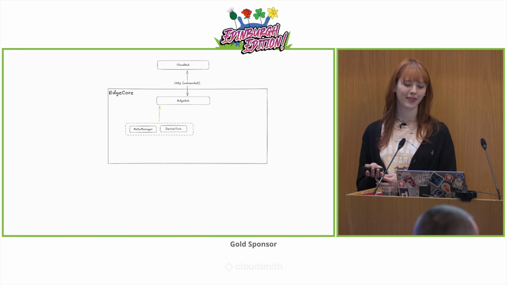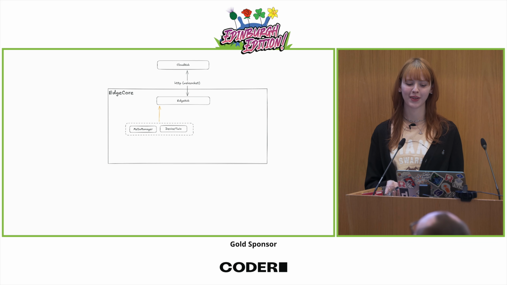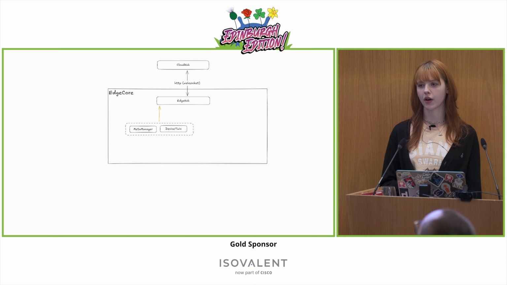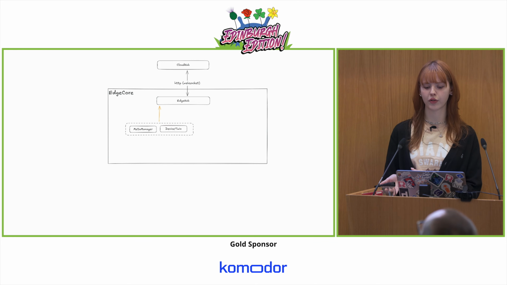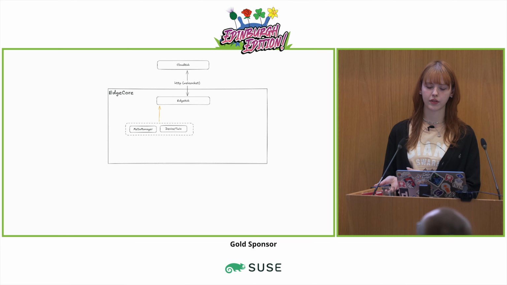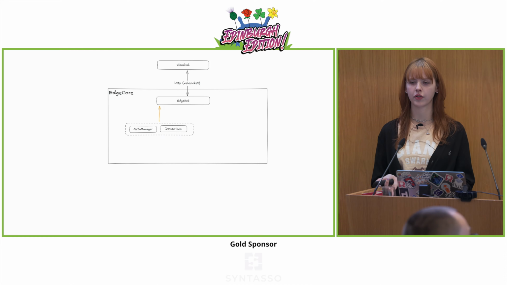And the Edge core also has an Edge hub. This is, as you might think, the counterpart to the Cloud Hub. On the other side, it links to the cloud. It connects via WebSocket or QUIC, and it will route the messages from the cloud to the correct Edge modules. It also reports back the node and device status, and it handles things like keep alive and routing messages